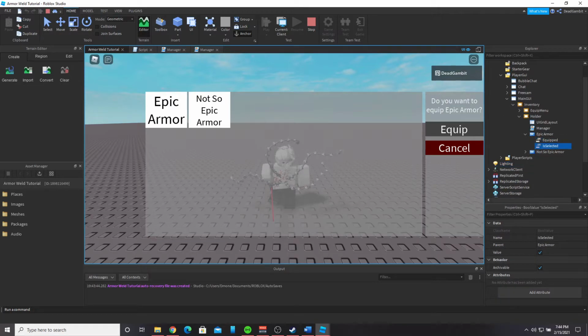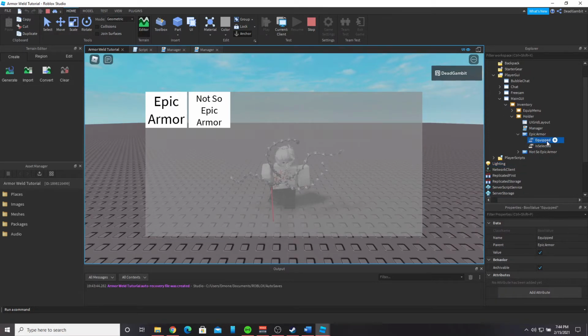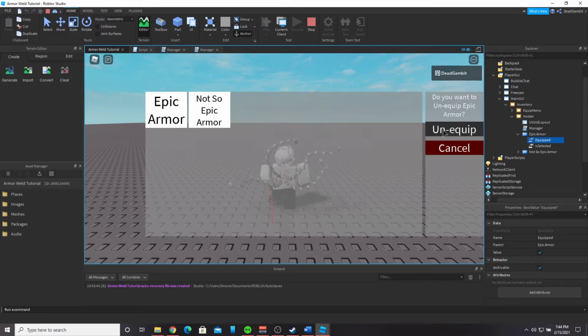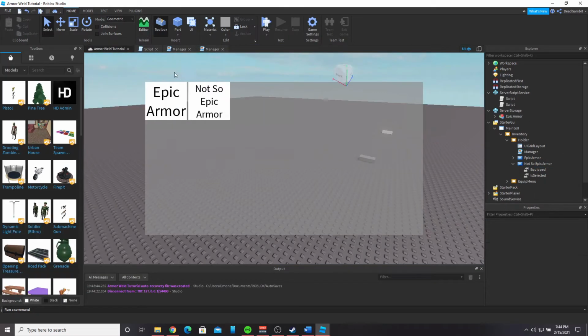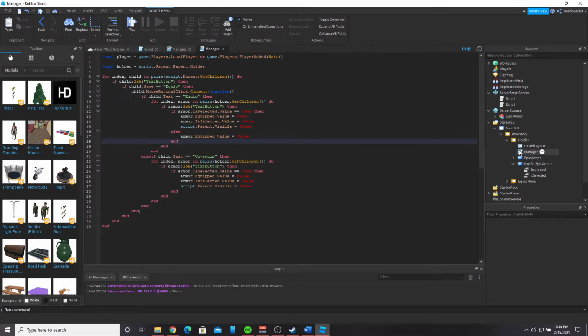So basically I have this as selected. I can equip it now. Now it's equipped. I click it again. I can unequip it, and now it goes away. I can do the same with this one. Equip it. Now it's equipped. Unequip. Now it's unequipped. Okay. So going back